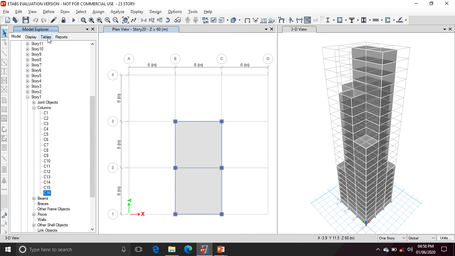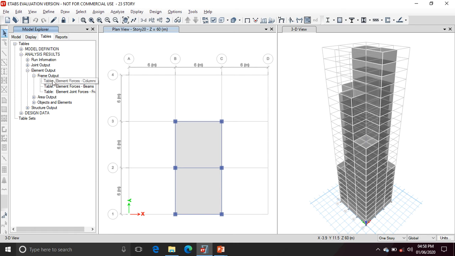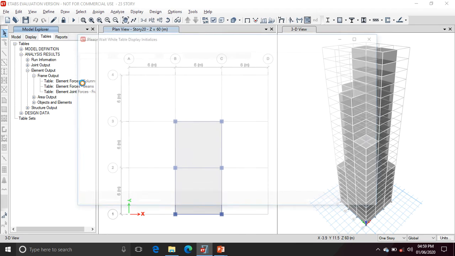Then for the load, go to the table, then analysis results, then element output, then frame output, then element force. Click on show table.